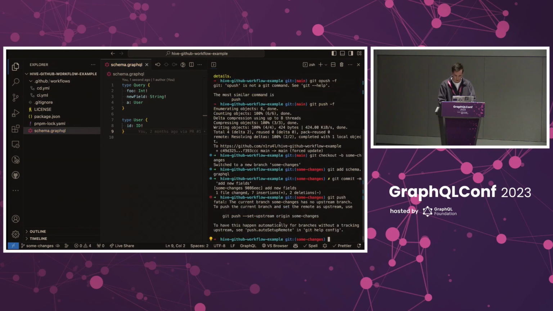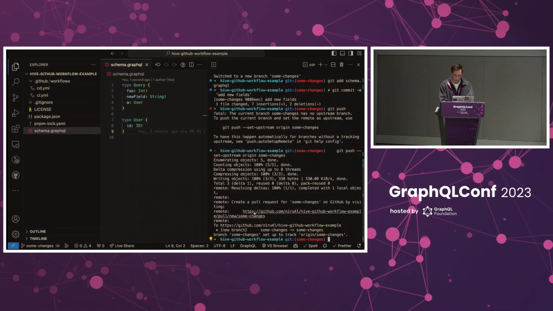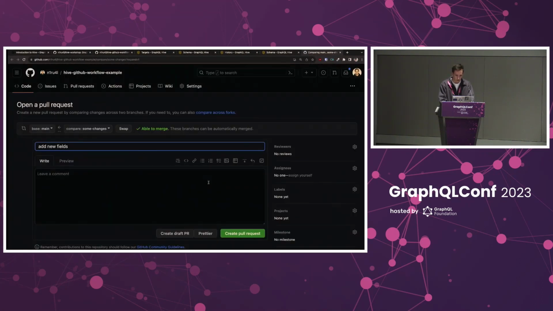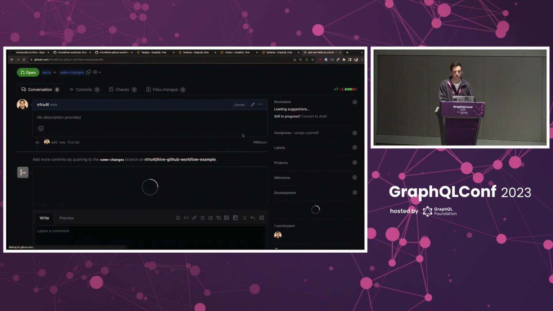Commit and push. And now we have our GitHub pull request. And when we create that, now our other workflow will run. So the CI workflow,